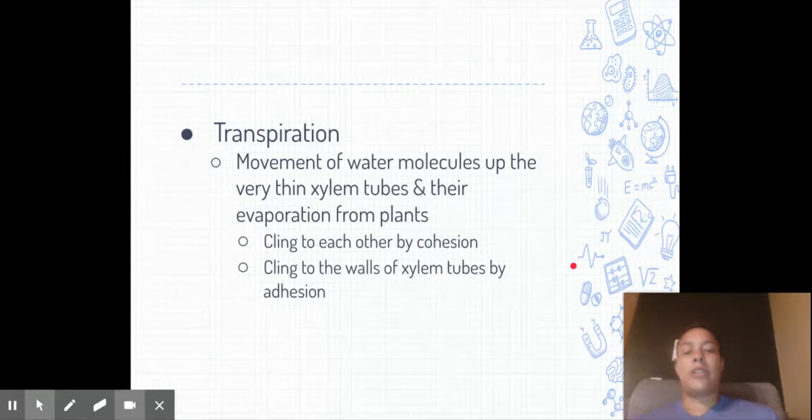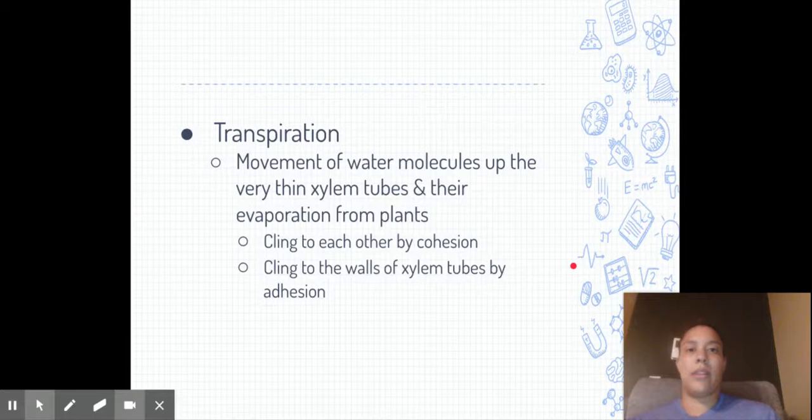Another term, like I mentioned before, that I wanted to give you a little more description on is transpiration, and that's a key component that we'll get into later. Really talking about the empirical piece of water potential and why water travels and defies gravity up and out. But there are some really important cells known as xylem tubes in plants that help transport water throughout the